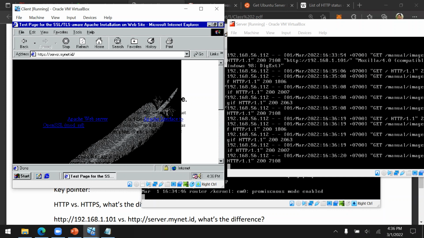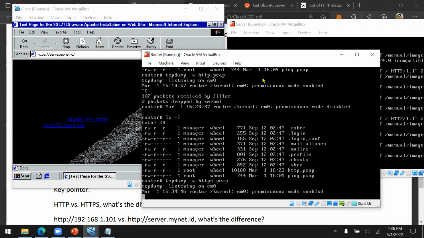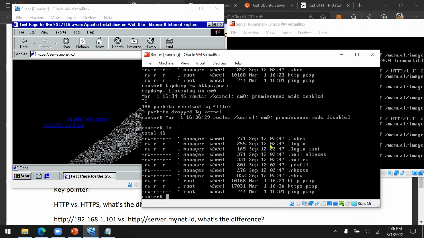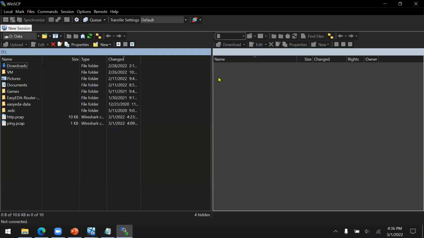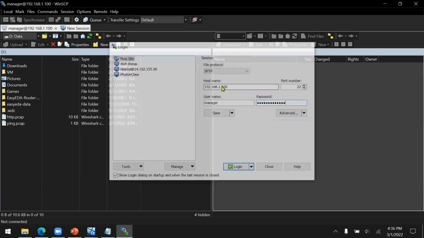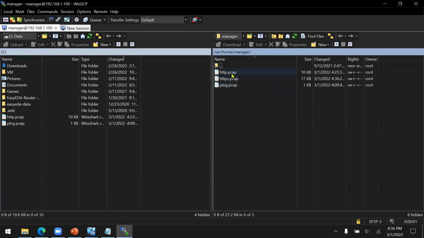Okay, so now we can stop the capture and then try to download the https.pcap. 192.168.1.100, manager, and the password is cyber security. Enter. And then this is the HTTPS. Try to download.